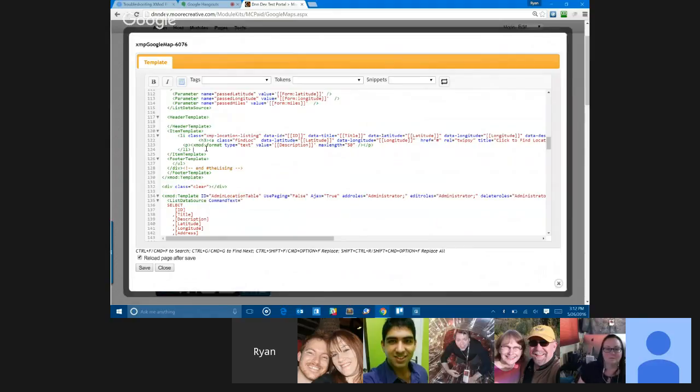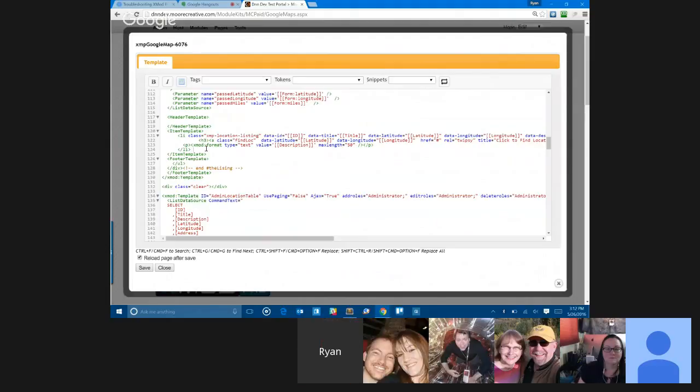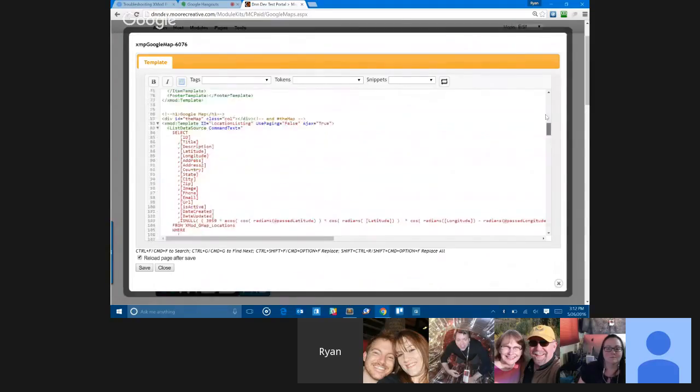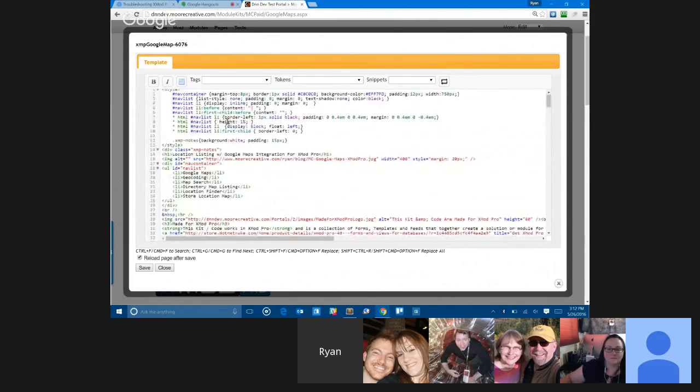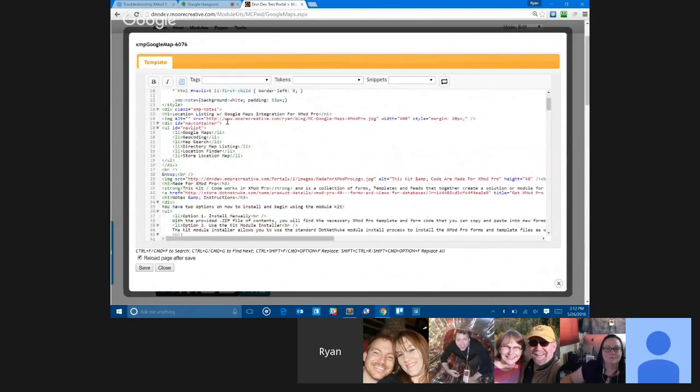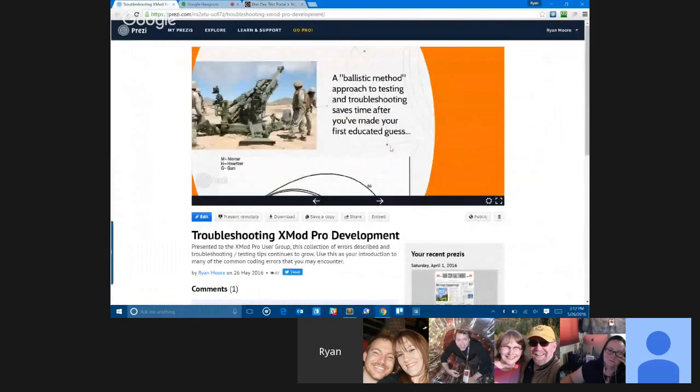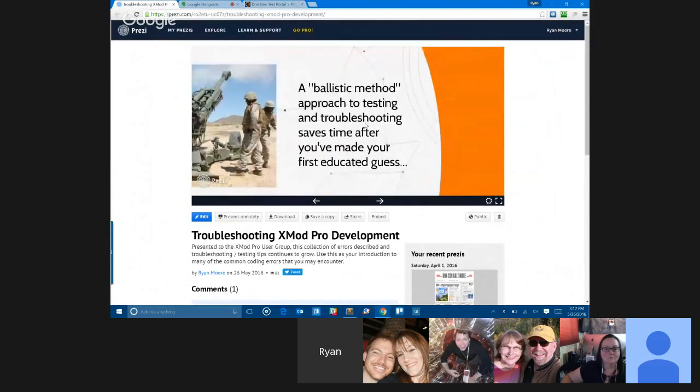So the crew will sometimes get frustrated with me because they'll say I'm not using my head, but I'm quick at finding the problem and finding those solutions much faster than if I was just to start at line number 1 and begin reading through every single line to make sure I knew what was going on. So that's just a quick example of the ballistic method